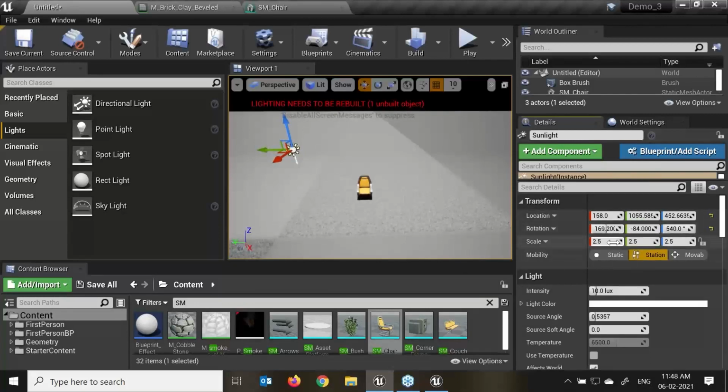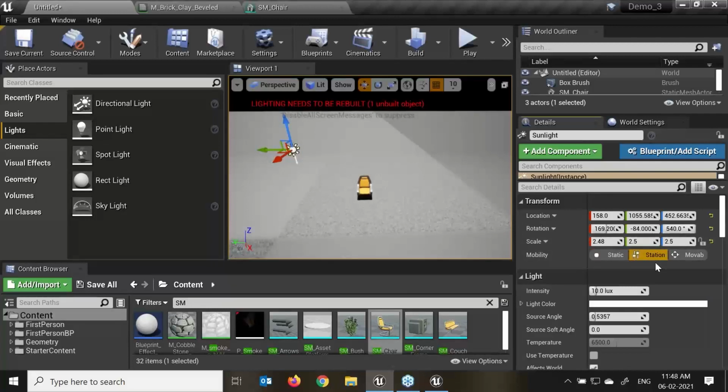We have rotation, and the scale, how much scaling we require. In lights or any objects, we have these three options: static, stationary, and movable. First, we'll talk about static, which means the light cannot be changed in game. This is the fastest method for rendering and allows for baked lighting. If I want to bake light, I will always make it static. This will give a faster result for my game.